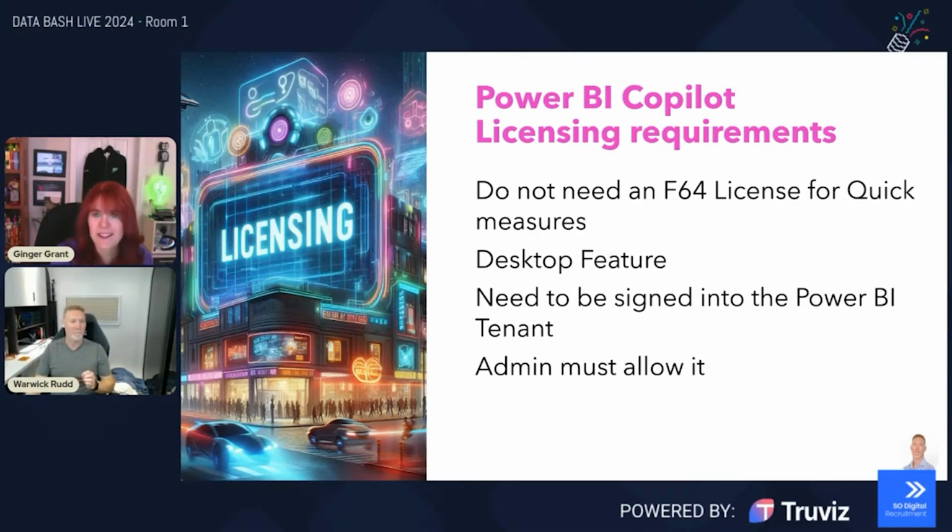This is a really cool slide, Warwick. Did you happen to make this using Copilot? I did, actually. It was a little bit of fun putting in the parameters and saying, hey, give me this image, what can I get? So why not use some AI generated content in our session. But we did write this ourselves. We know this wasn't AI, but it's kind of neat.